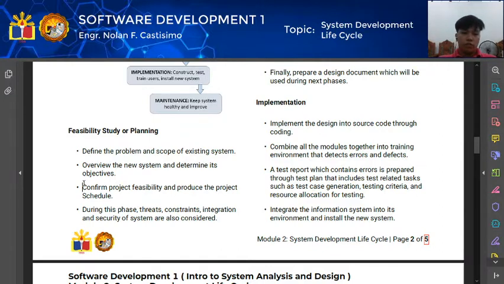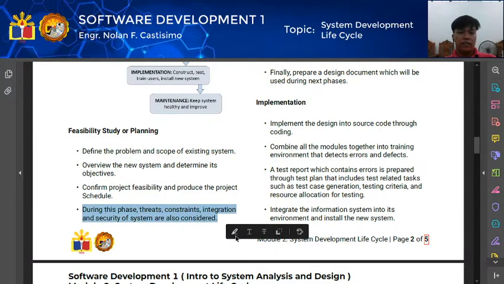Next, confirm project feasibility study and produce the project schedule. Okay? So, dito sa planning, sometimes gumagawa tayo ng feasibility study or survey para malaman natin kung ano pa ba yung kulang at pwede nating idagdag sa system na gagawin natin. Feasibility study. And next, during this planning phase, threats and constraints, integration, and security of system are also